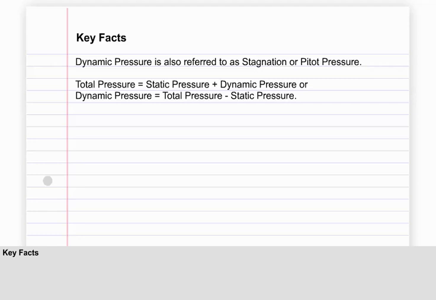The equation total pressure equals static pressure plus dynamic pressure can be rearranged to show that dynamic pressure equals total pressure minus static pressure. The significance of dynamic pressure in understanding the principles of flight cannot be overemphasized. Because dynamic pressure is dependent on air density and aircraft speed, you need to appreciate fully the factors which affect air density. So, to reiterate the points covered earlier in the lesson,